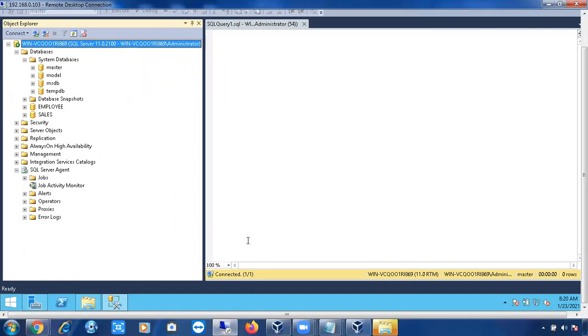What is meant by startup parameter? Okay, let me go to the configuration manager. Whenever you install SQL Server, two tools will come. One is Management Studio. Up to SQL Server 2014 or 16, Management Studio is inbuilt, so whenever you install SQL Server, you can simply select management tools and Management Studio will come automatically.